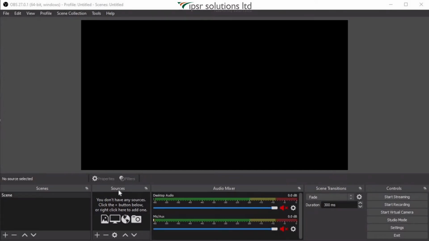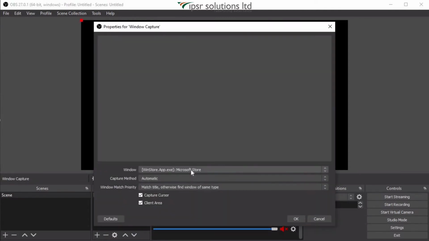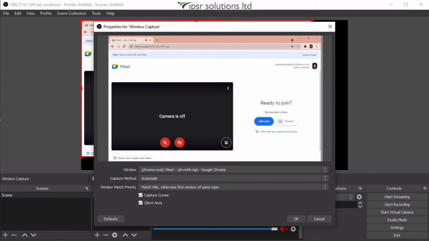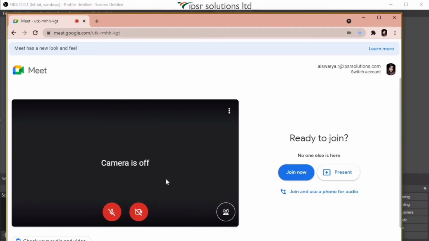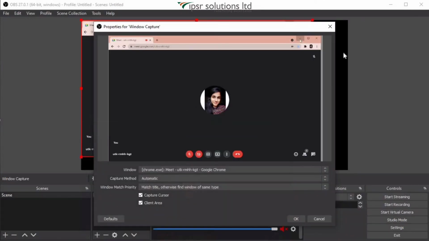To add a source, you need to click on the plus sign over here and then I'm selecting window capture. A pop-up will appear where you can select the window from the drop-down. So here I have already opened Google Meet in a window. Let me join this meeting and then now we can click on OK.